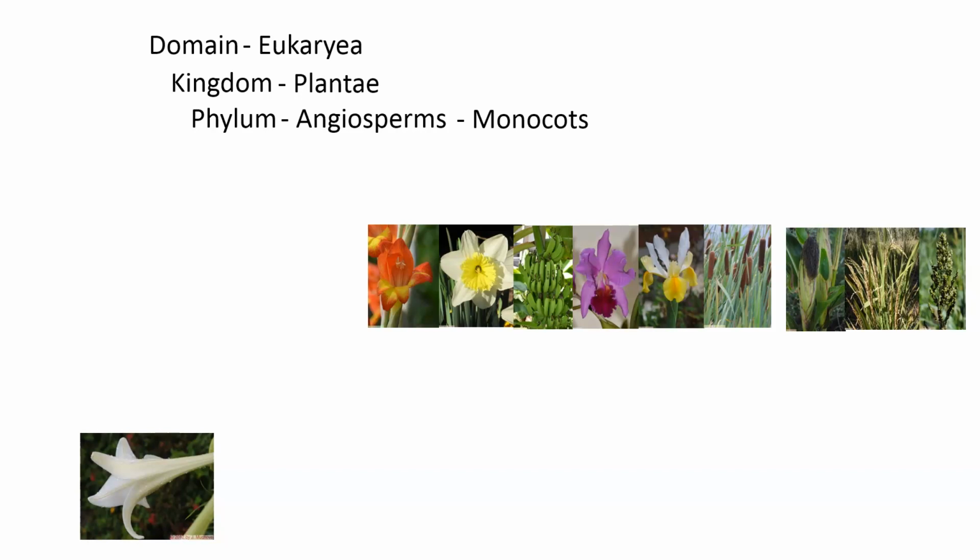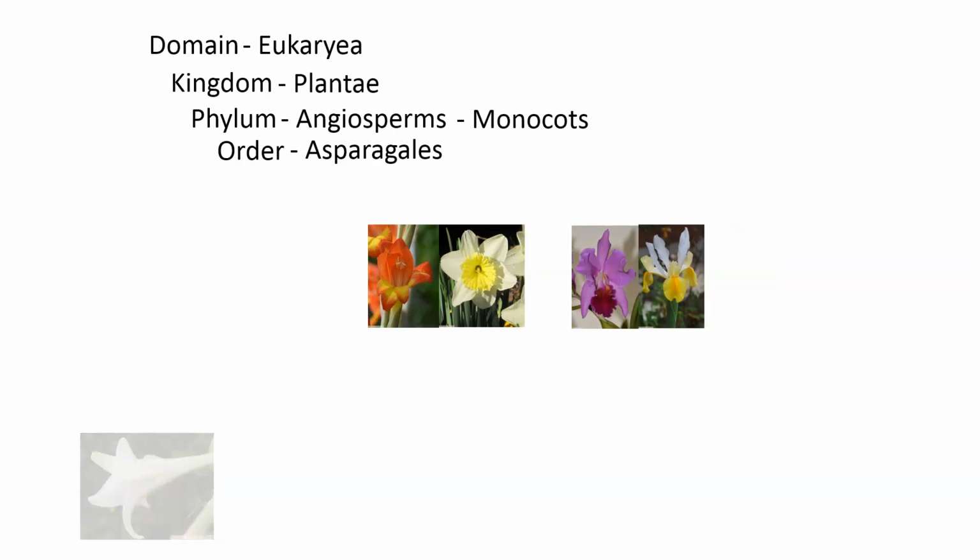And what do we see in here? We see things like a daffodil, bananas, an orchid. That's an iris. Cattails, corn, grasses, and we've got a lily down here on the bottom. The next thing we're looking at is the order Asparagales. Now you can see the basal root of asparagus in here because it's an Asparagales, and we're looking at things that are going to have those specific characteristics. Now let's see what we lose. We lost the grasses, we lost the bananas,